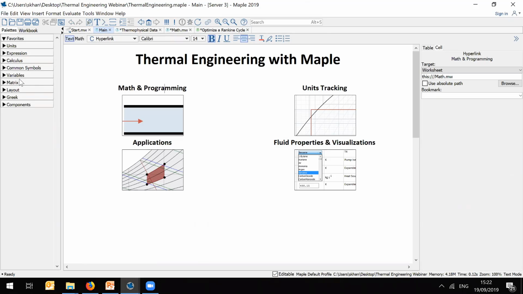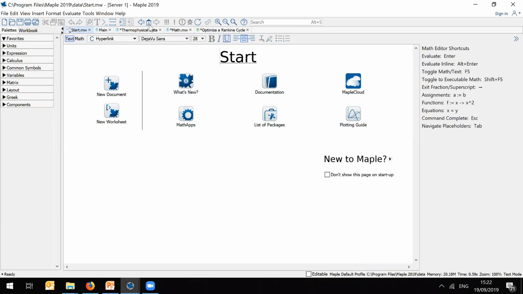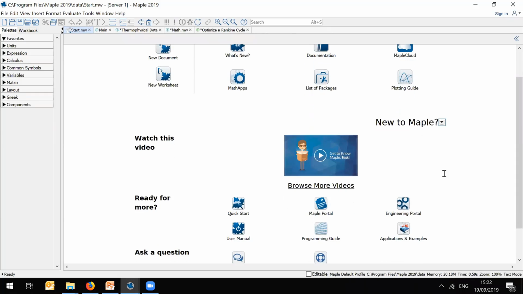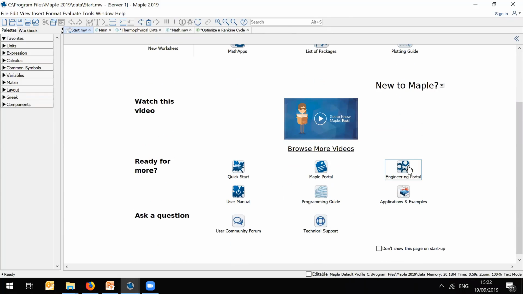Now, earlier I mentioned an ebook of thermal engineering applications as well. As I said, if you have a recent version of Maple, you get this ebook when you install Maple. Let me show you how to access this ebook. If you go to the start screen by clicking this button and you expand New to Maple and you click on the Engineering portal,